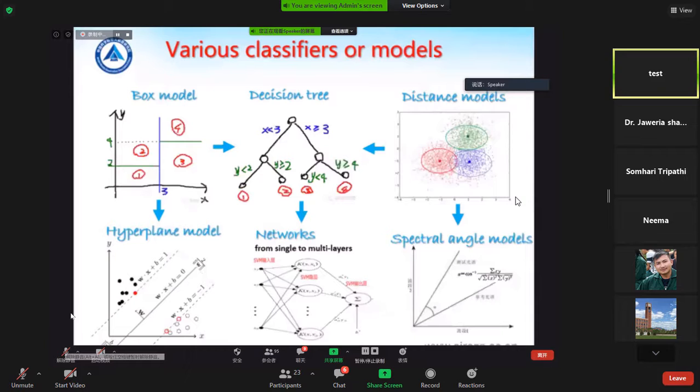Then the support vector machine model. The core idea of this method is to find the optimal hyperplane between the different crop types in the feature space. For the neural network model, which is a hotspot of the current research and a method with many usage scenarios. And the final one is the spectral angle model, which is to classify the crop type according to the angle in the feature space. Okay, this is the introduction of the